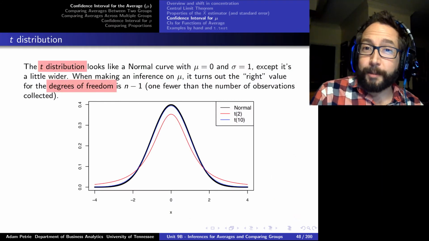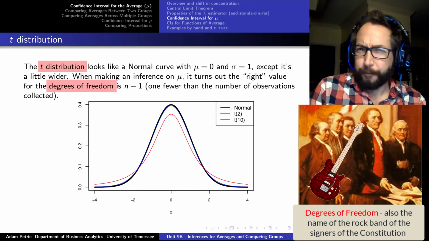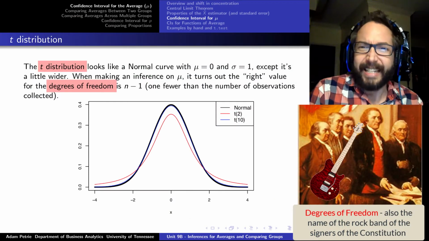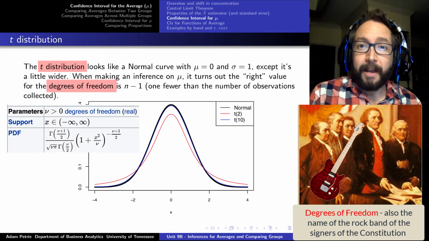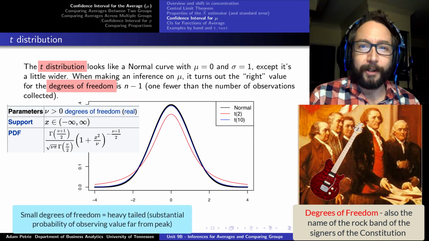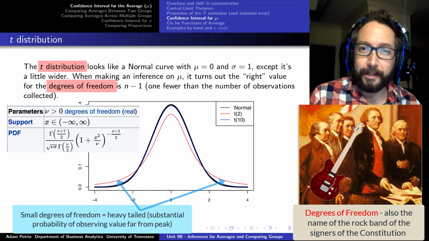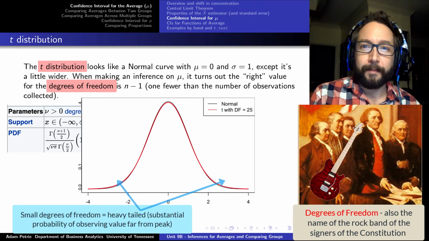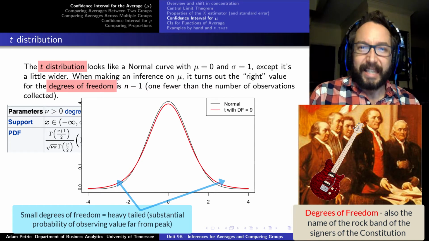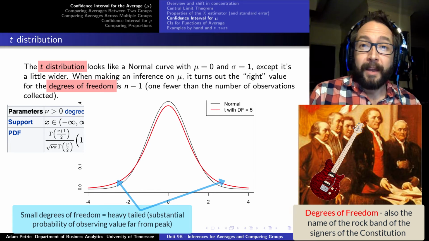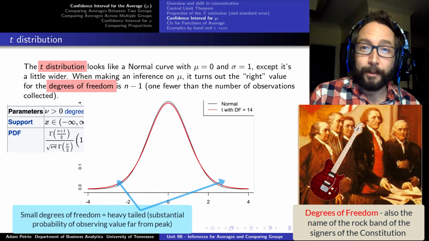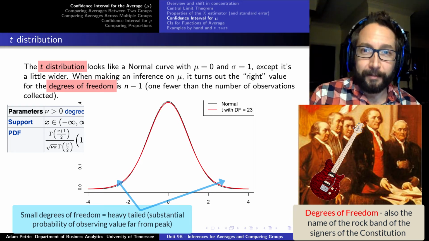Now, the student t distribution has a parameter called the degrees of freedom, kind of a weird name for a parameter. That's its theta. And the size of the degrees of freedom parameter lets us know how wide that curve is. It looks like a normal curve, just a bit more heavy-tailed. It's a bit wider on the tails. So as we decrease the degrees of freedom, that curve becomes thicker and thicker, wider and wider. As we increase the degrees of freedom, the student t distribution resembles more and more a normal curve.